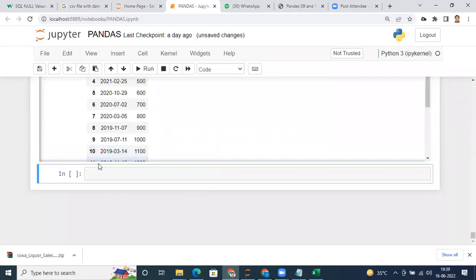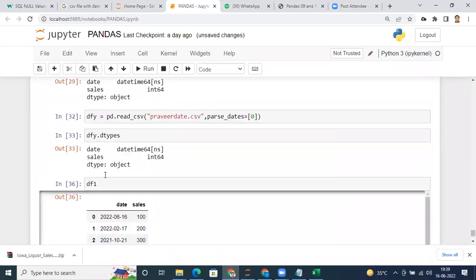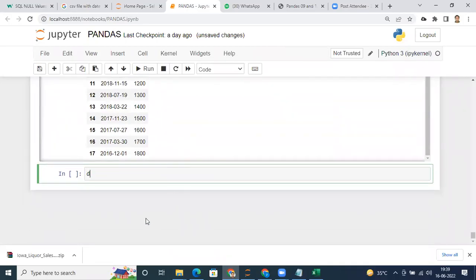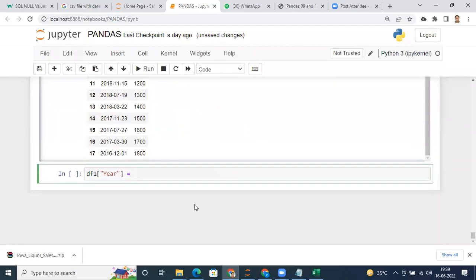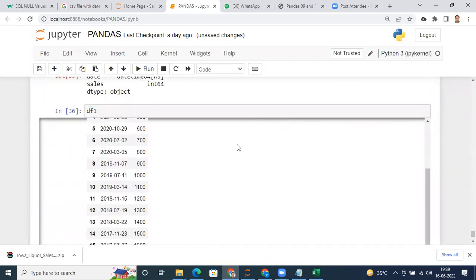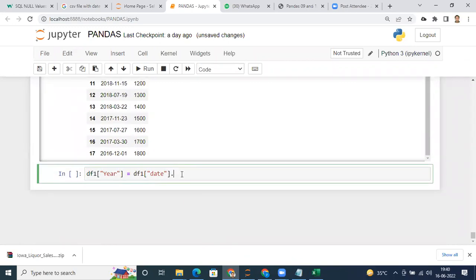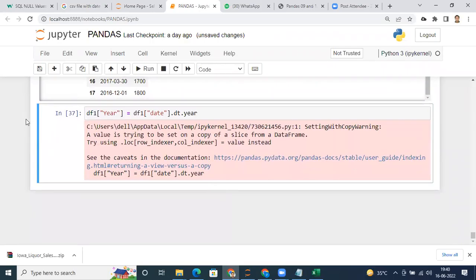So what I can do, I want to create a new column. What is my data frame name? df1. So I can mention df1, the new column I want, the name is year. And from which column do I want to extract this year? From the date column. So I can mention here df1, in square bracket, the column name, that is date. Now see, you have an attribute .dt, and now you have again an attribute known as year. If I execute this, and let me check